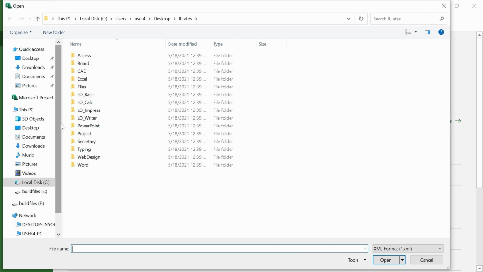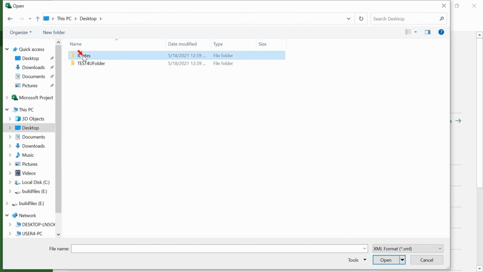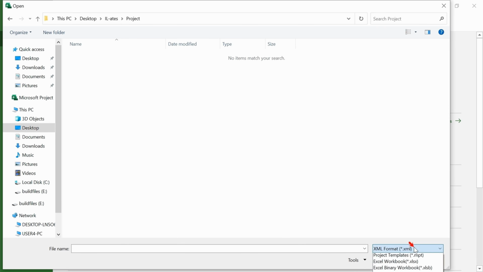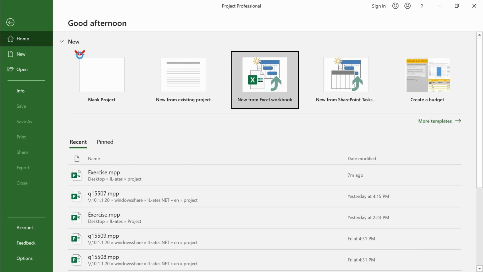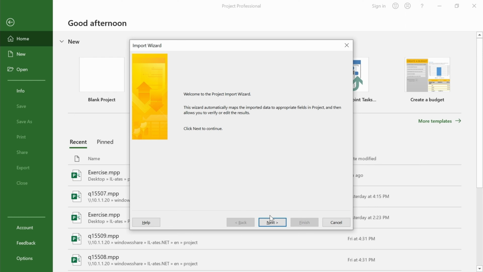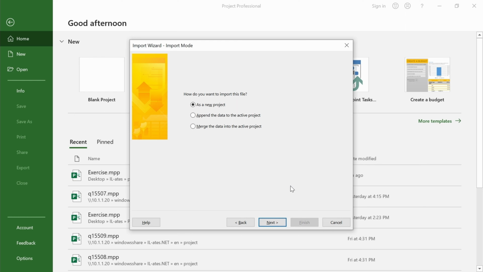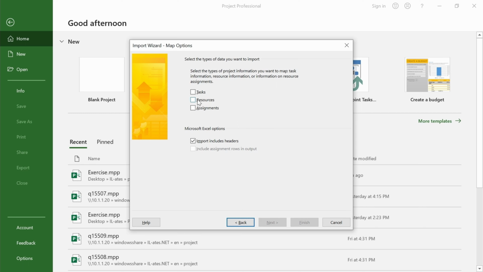Navigate to the required folder, from the bottom right, change the file type to Excel Workbook, select the file and click on Open. In the Import wizard, click on Next until you reach the type of data selection. Select Tasks as type and make sure that the checkbox Import includes headers is checked.